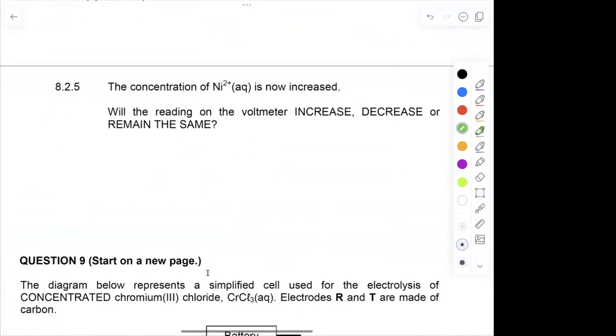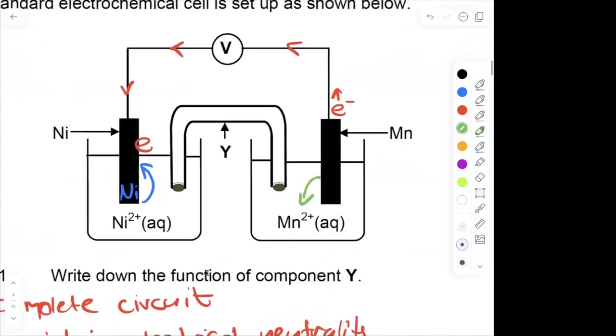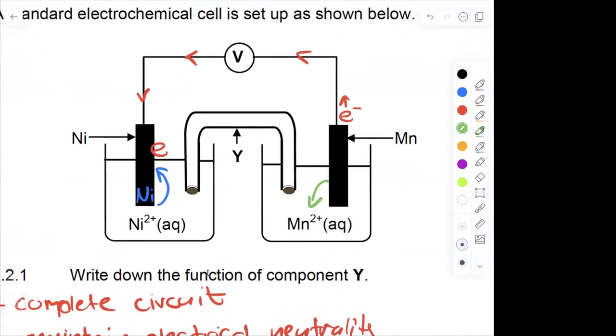Cool. 8.2.5. It says the concentration of our nickel 2+ ions is now increased. Will the reading on the voltmeter increase, decrease, or remain the same? This is a question I want you guys to answer, right? So let's quickly go back. And they said our nickel 2+, so this here, the concentration is